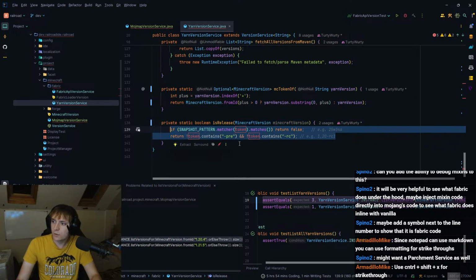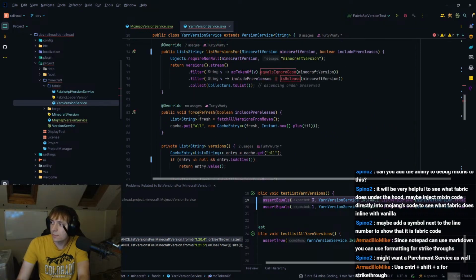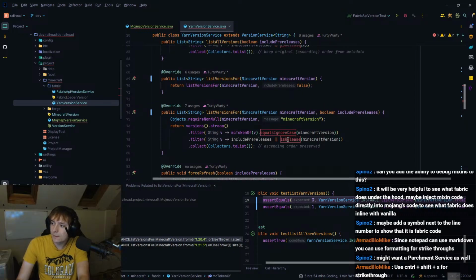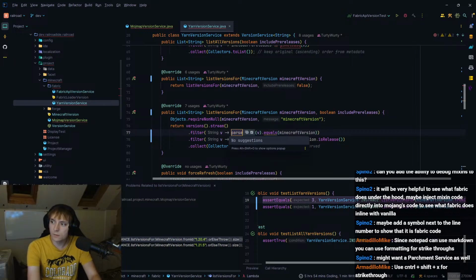That doesn't need to exist. To be honest, this just needs to be or Minecraft version dot is release, and then this needs to be dot equals MC token of. Not a fan. Pass to Minecraft version.